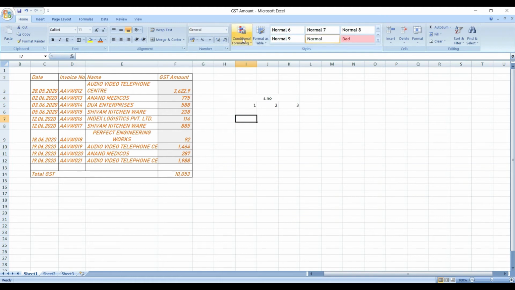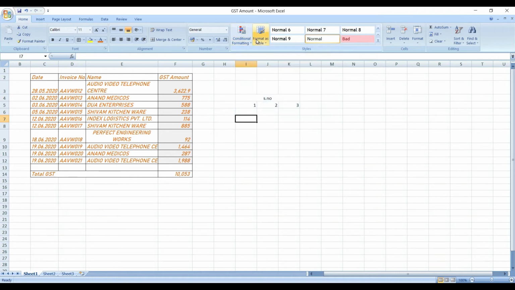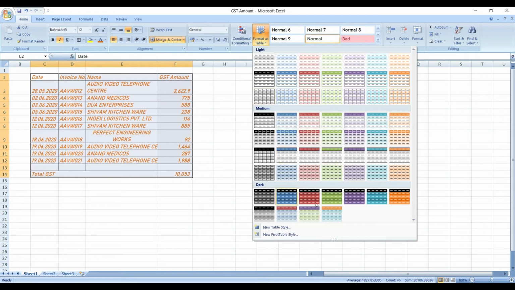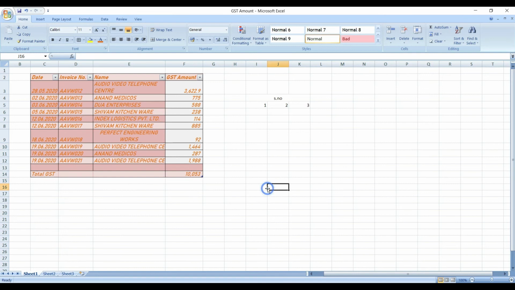So now we have the conditional formatting. This is also a very big topic. We will discuss this in the next video. And here is the format as table. This is a table of mine. I can change it to any table, whichever you want, whichever kind of table you think is very cool and you want to use in your presentation, you can make it like this. See, okay. So now this is the format, and now we will discuss the cell format.